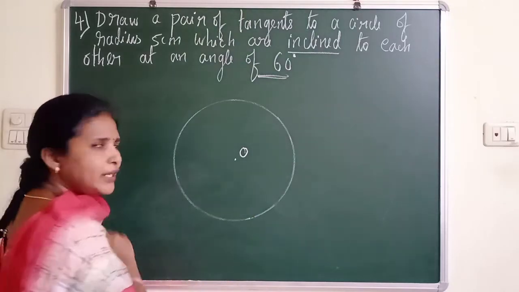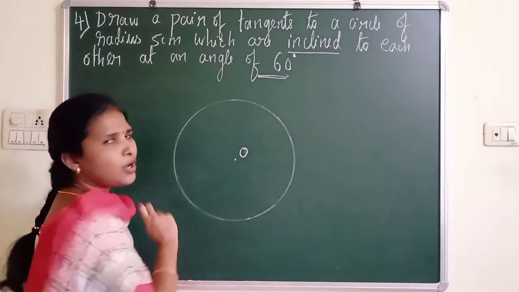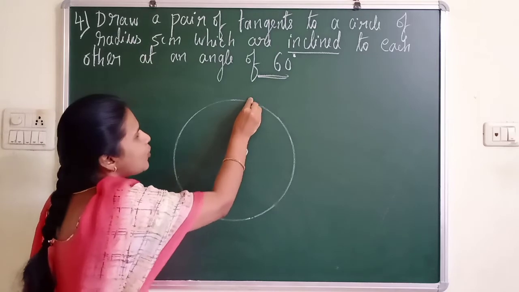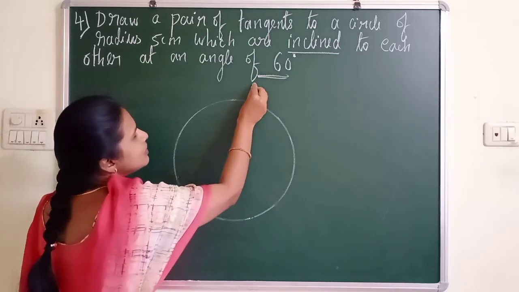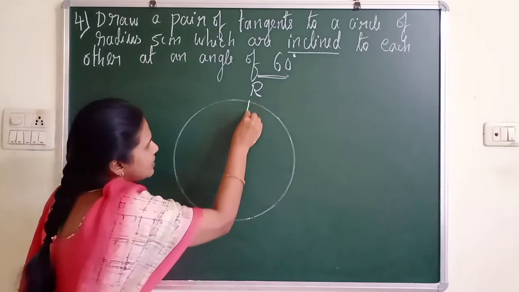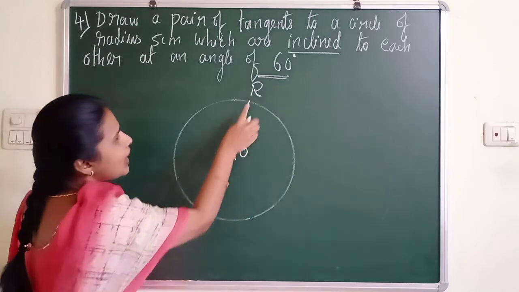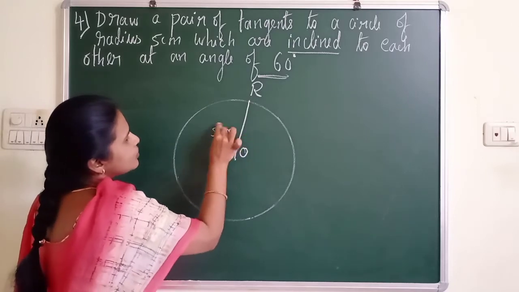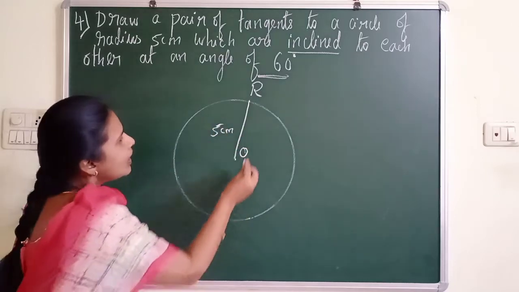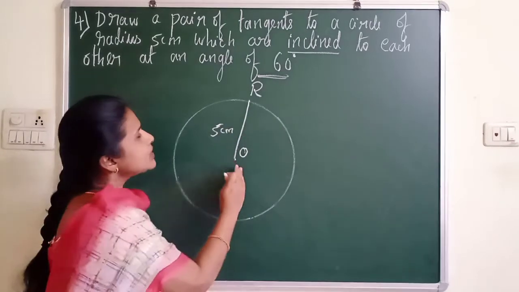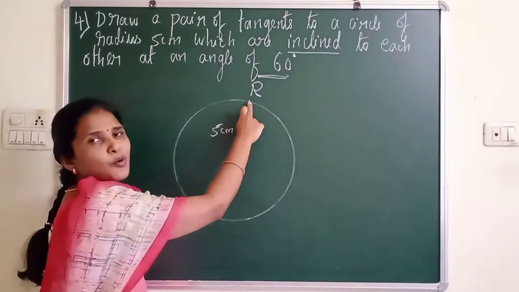Now according to the rough sketch, here I have to draw 90 degree, here 90, at the center 120. Now take any point here, mark this as R, any point, join this. So you know what, O to R, this is the radius. Radius he has given 5 centimeter. So I have drawn the 5 centimeter circle and here I should get 90 degree. Why? Because the radius is perpendicular to the tangent at the point of contact.